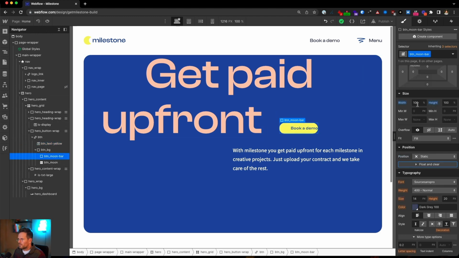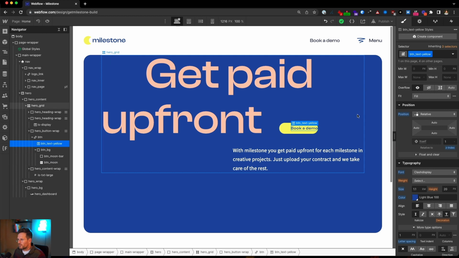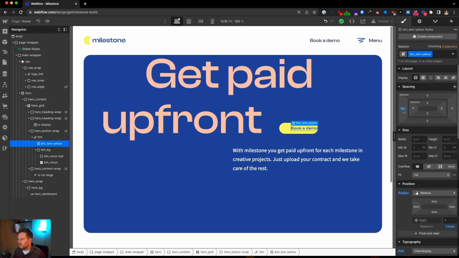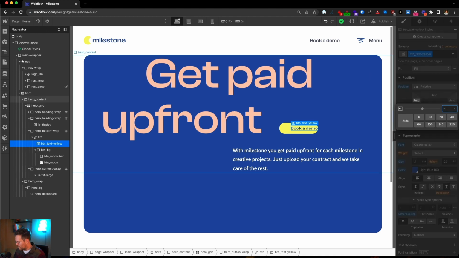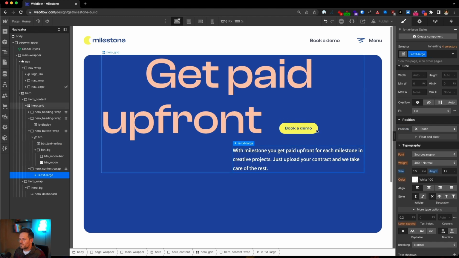And in the animation, while this moon bar is bumping up to 100%, we also have to change the position of that. So probably we have to bring it back on 1.5 EM to center it. Yes. So that's the 3 steps we are going to do with the animation.